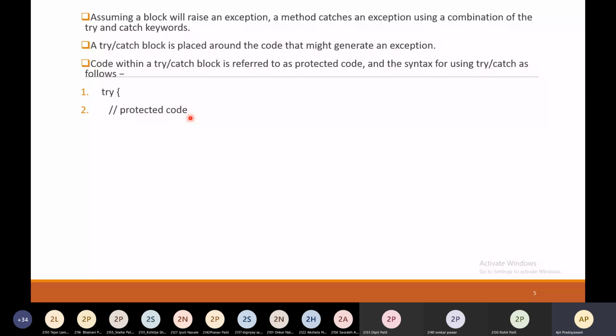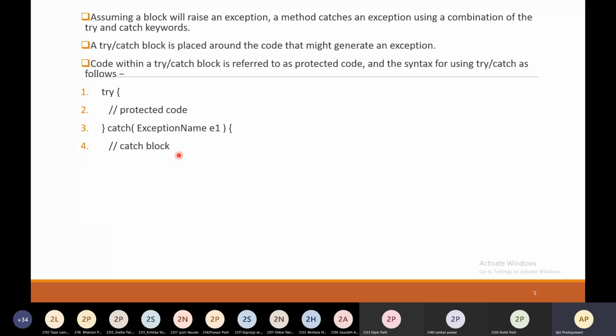Close the curly bracket, and after the closing curly bracket you have to mention the catch block. This is the exception name and this is the object of the exception. Inside this you can write the exception handling code.